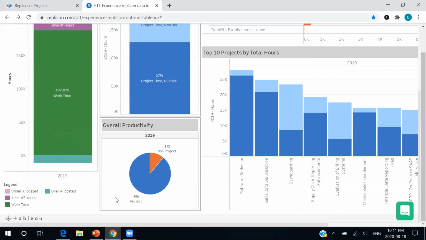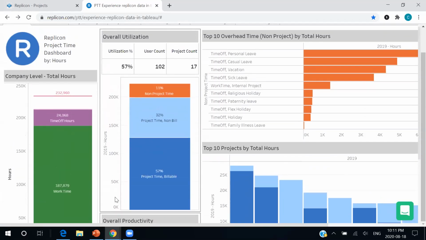That's where you're getting those billables going. And at first glance, this overall productivity of 89% project time looks pretty good. But when we drill down a little bit further, we can see our utilization isn't quite as high as it may have first appeared. So in an organization, we're shooting for about a 70% utilization rate, which means we have 70% of our time being spent on billable hours. But here you can see our non-billable hours are really eating into our billable time, and we're only utilizing 57% of our time towards these billable hours.